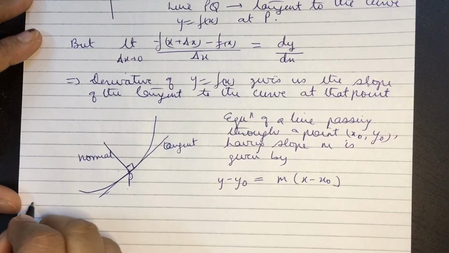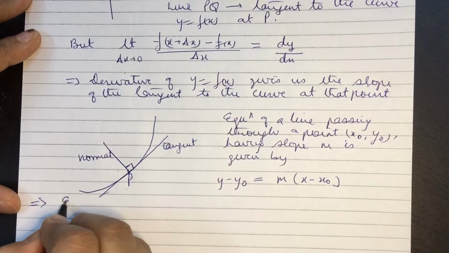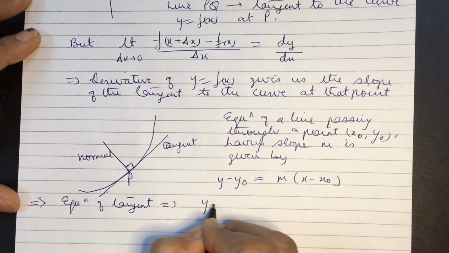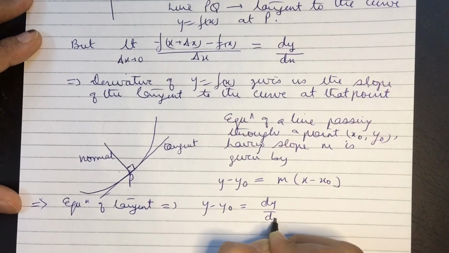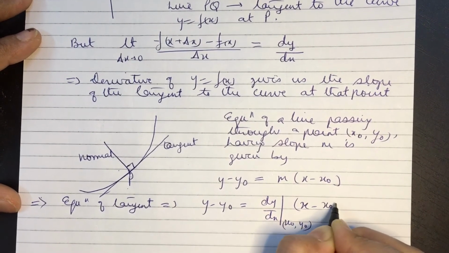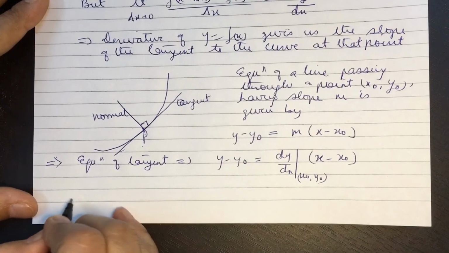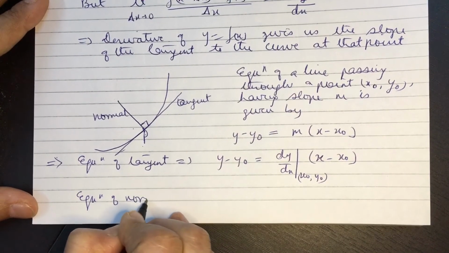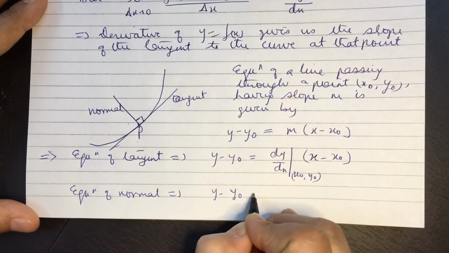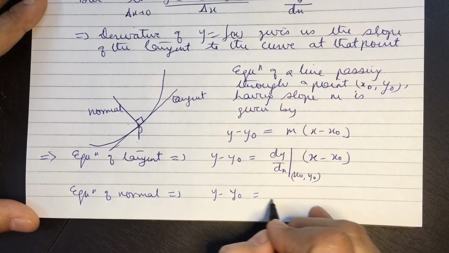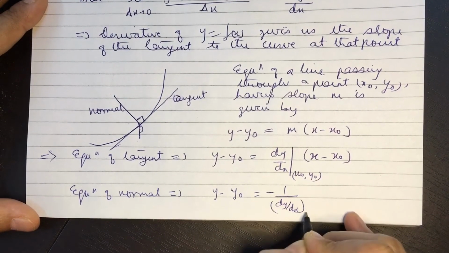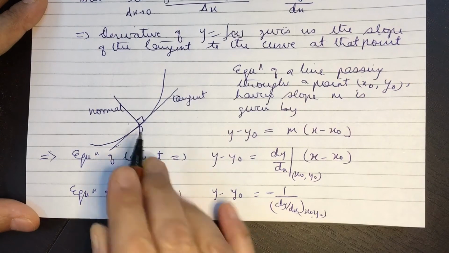And this gives us the equation of tangent as y minus y naught equal to the derivative at (x naught, y naught) into x minus x naught. And the equation of normal will be, the point remains the same, but now the slope becomes minus 1 upon the slope of the tangent,